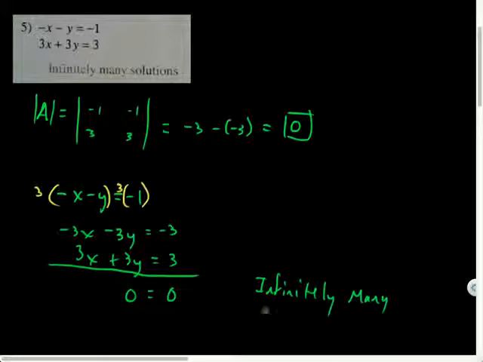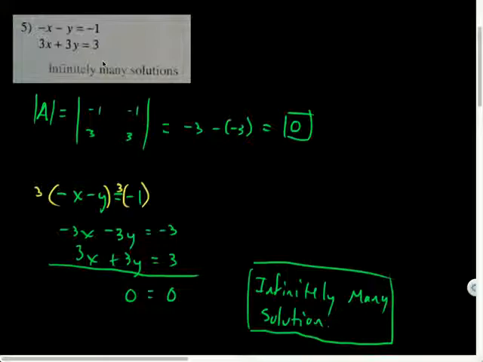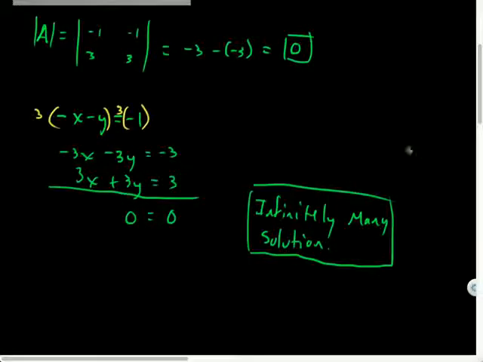However, this does not mean that every solution works or every pair of numbers works. There are infinitely many of them, but they are only the solutions that happen to lie on one of these lines. They happen to be the same line in this case, of course. But if I was to solve that for y, what would that be? That would have been -y would equal x minus 1, so y would equal -x